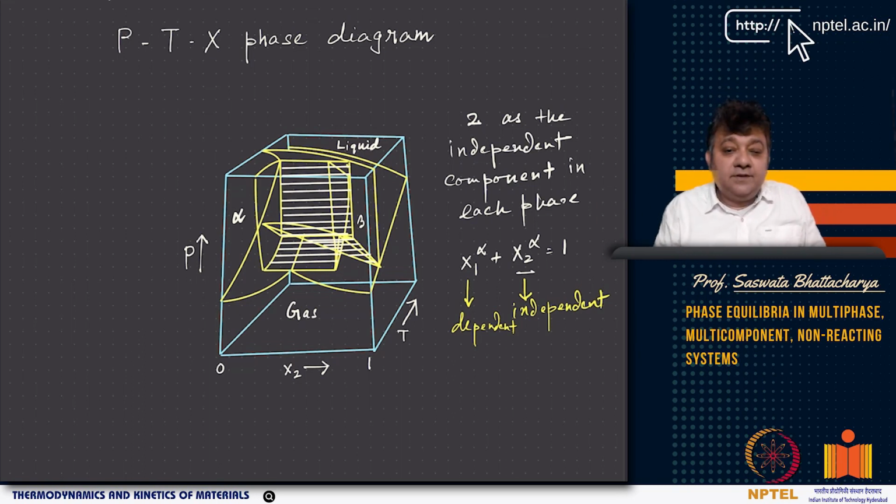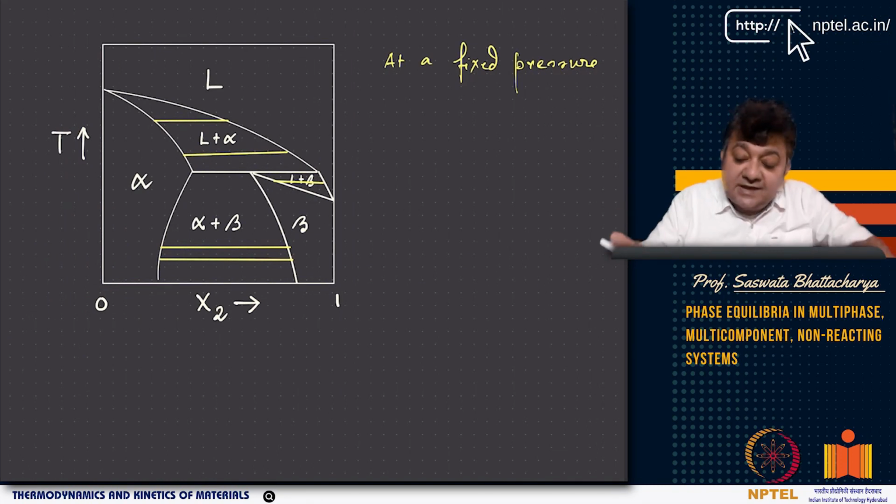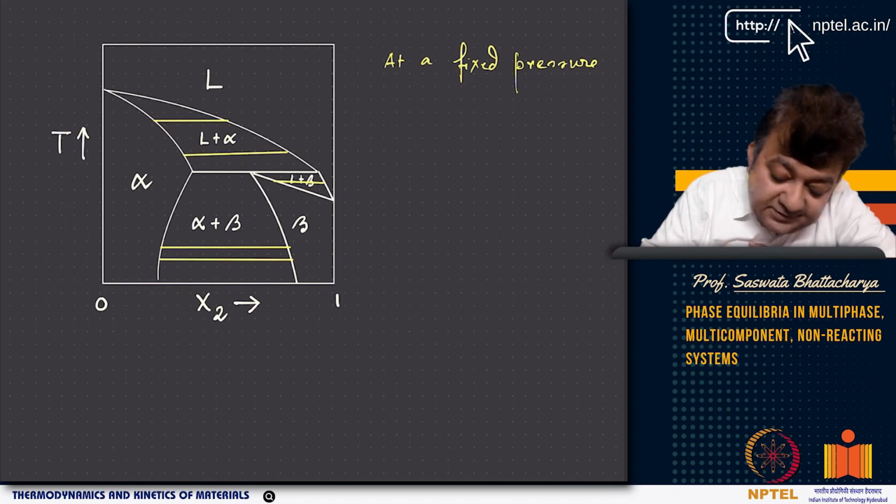However, if you do not have a gas phase and you have only condensed phases to deal with, for example a solidification problem, you have a liquid and several solids of different crystal structure. They're basically liquids and solids, and you can also have different liquids as a composition of different liquids. In such a case, you can assume the pressure to be fixed because the pressure-volume work is basically negligible. So this is at a fixed pressure.